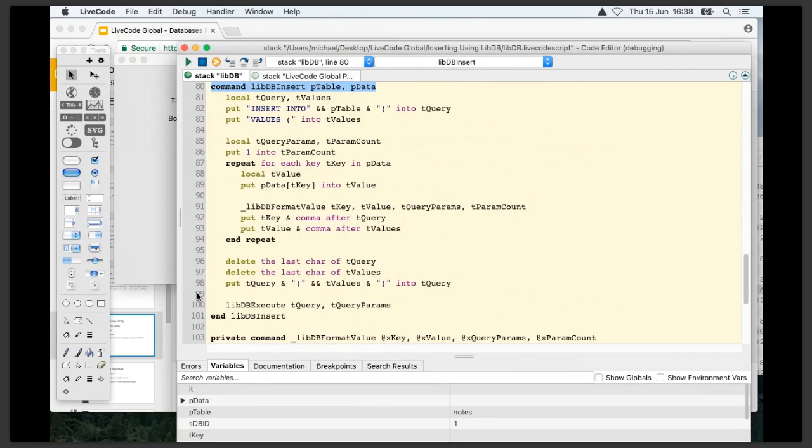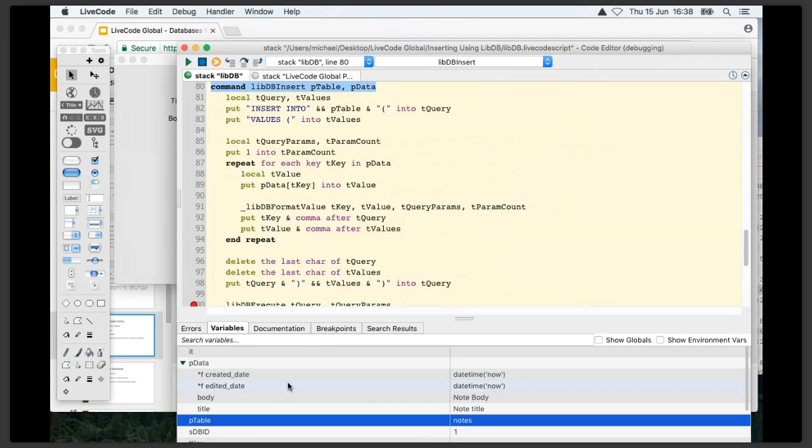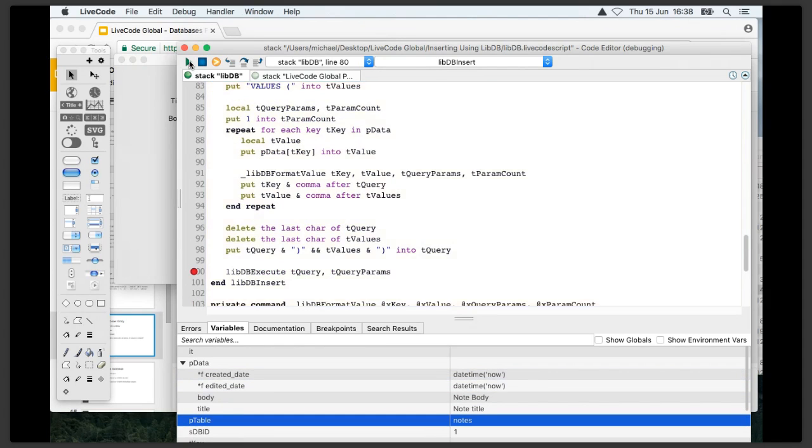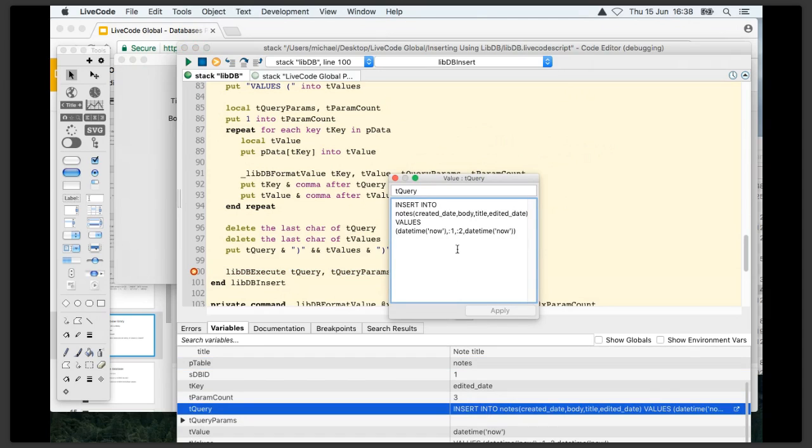So if I scroll down here, we've passed through the table that we want to insert into, which is notes, and the data that we want to insert, which is note body, note title, date time now, date time now. And as we execute it, we'll notice that our query now is insert into, and so on and so forth, and it's got the appropriate placeholders in place for body, title, and it's got the date time now for created